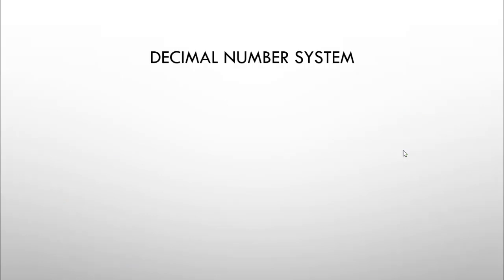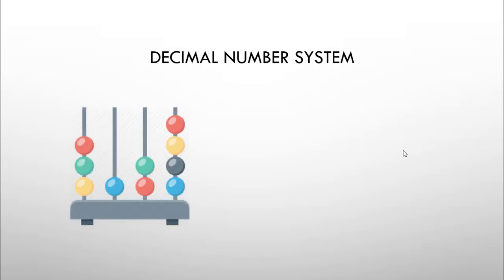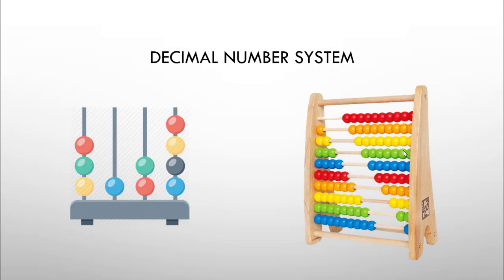Let's look at the decimal number system. Now remember, any number system can be represented or demonstrated using a counting frame. We call this the counting frame. A counting frame is actually a derivative of the old instrument called the abacus. So not only decimal numbers, all 4 number systems can be represented using this counting frame. So we will see how we can use this counting frame to represent all 4 different number systems.